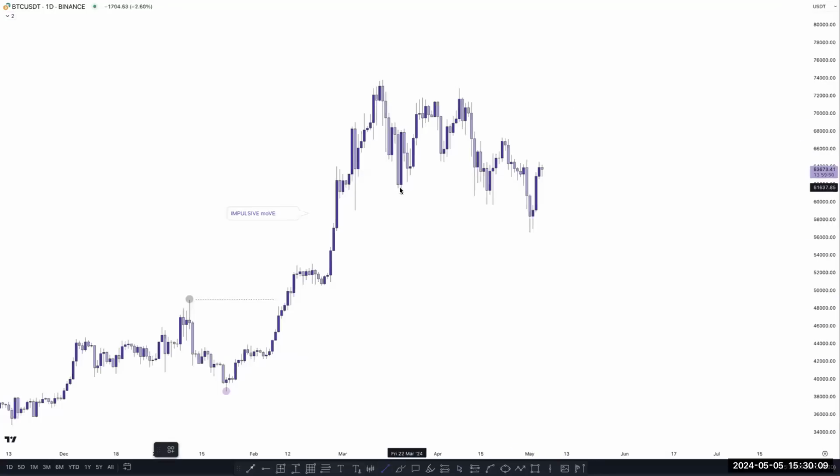First of all, you need to mark the structure here. This is our continuation pattern here, right? And this pattern showing a bullish continuation pattern. If market pushing higher high and then market breaks this structure, then we can buy. So this is the first indication, but you need some multiple confirmation like EMA, price must close of the EMA, and then we can take some lower time frame confirmation.